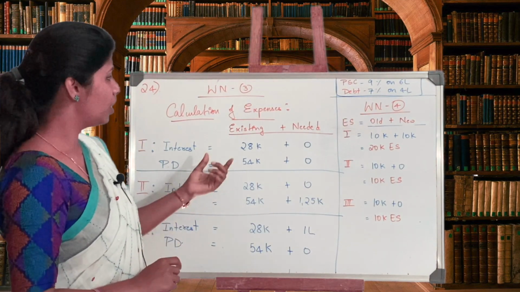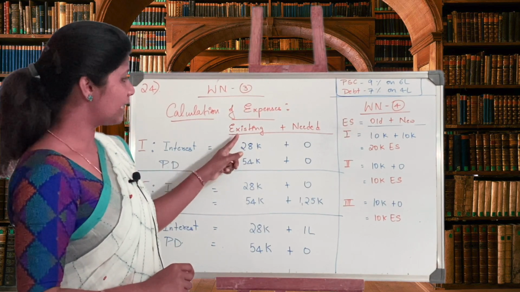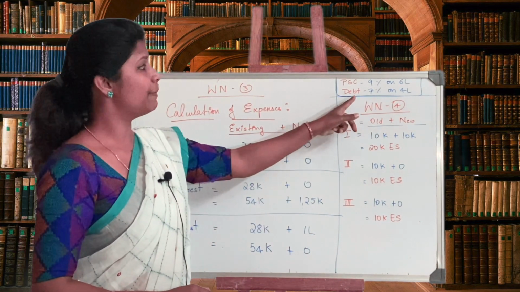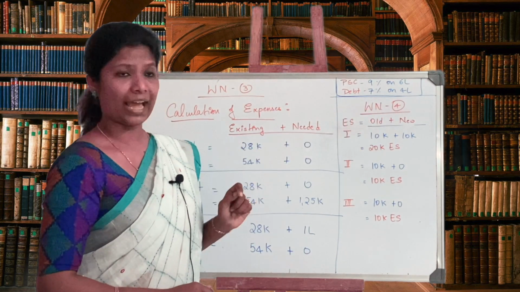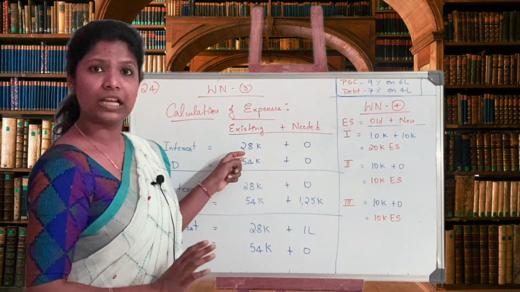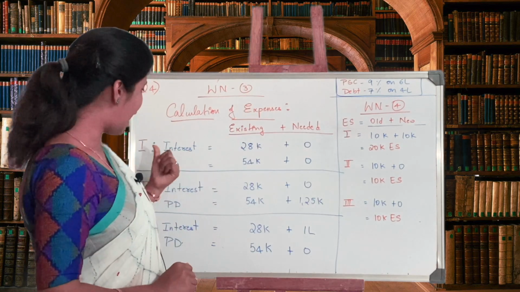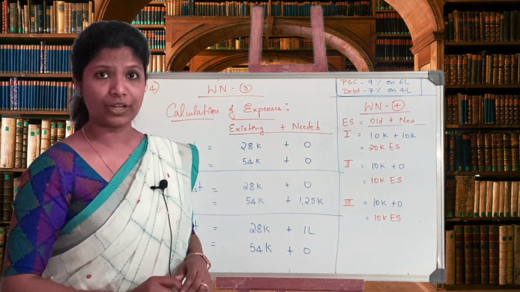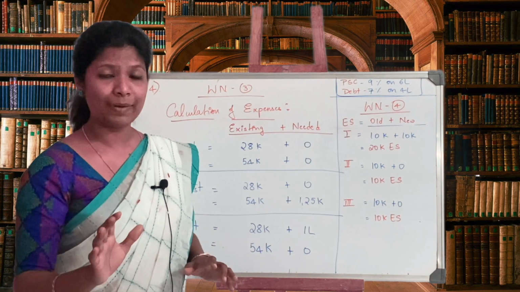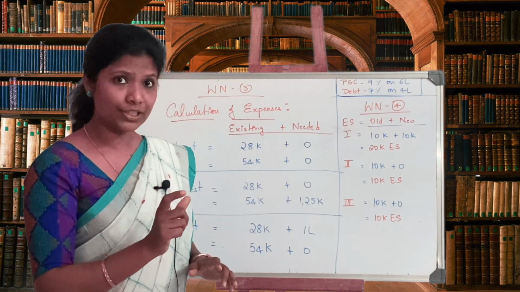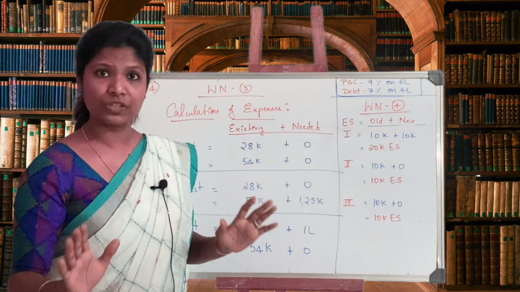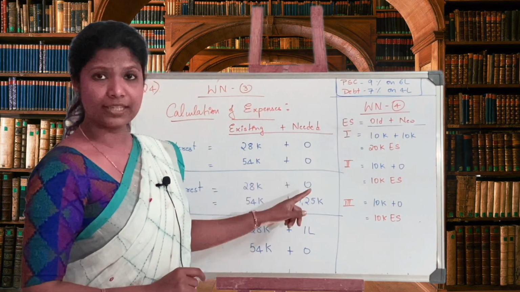Is that clear? So interest, existing debenture, do we have interest in the existing capital? Yes. Debenture is 7% on 4 lakh. I get 28,000 rupees. Under plan 1, in the needed capital, do we have debenture interest? No. Entire plan 1, you remember, 10,000 equity shares at rupees 125. So we don't have interest payment there. That's why it is 0.